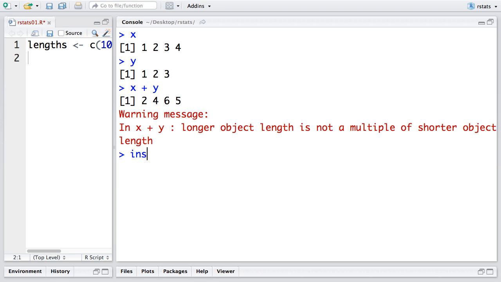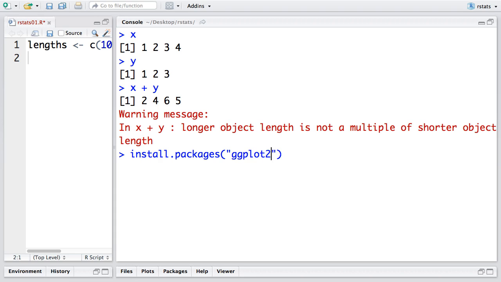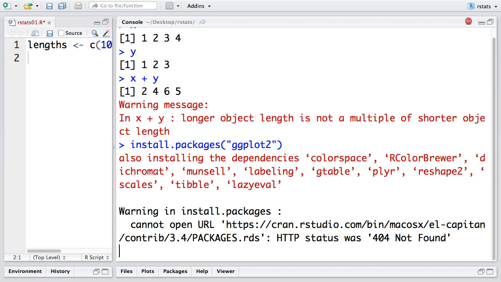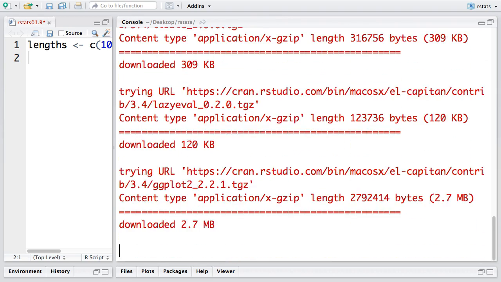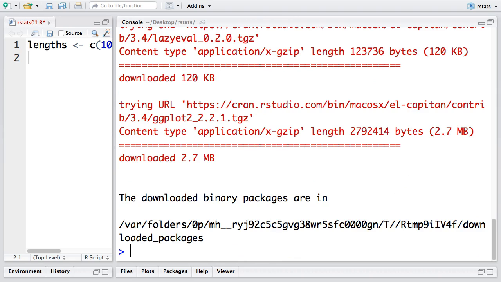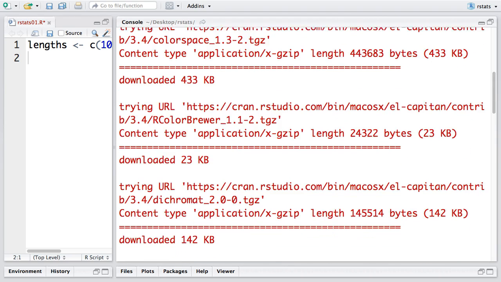The last thing that I skipped over is installing packages. Installing packages is done with a function. The function is install.packages. So I need to know the package I want to install. For example, ggplot2, which should already be installed on the computers. So install.packages is going to automatically look up in a central repository of packages for this ggplot2 package. And it's going to download ggplot2, but it's also going to download all its dependencies. This central repository is called CRAN,